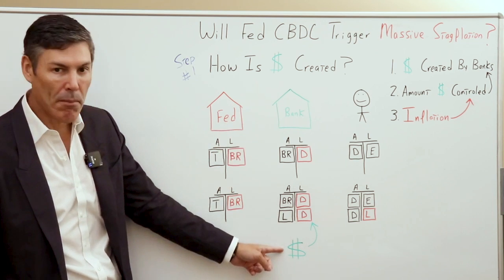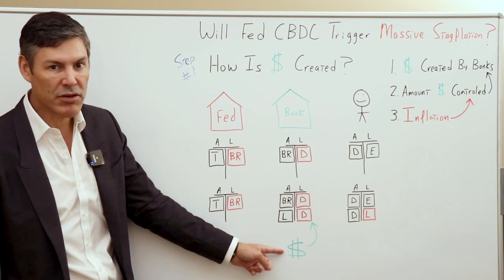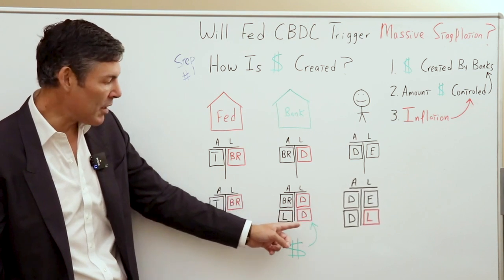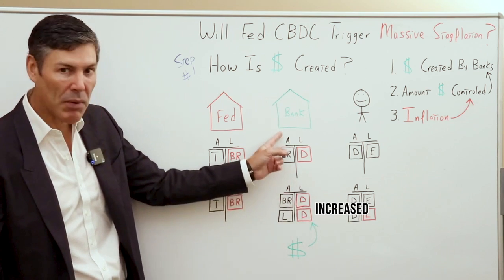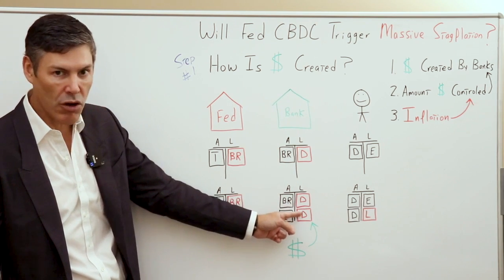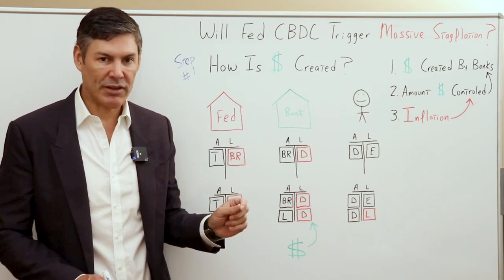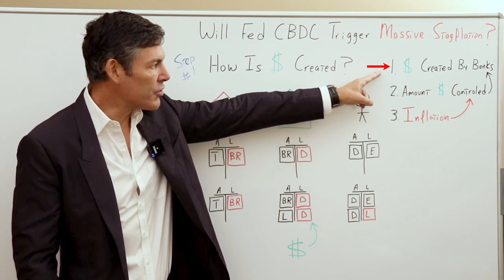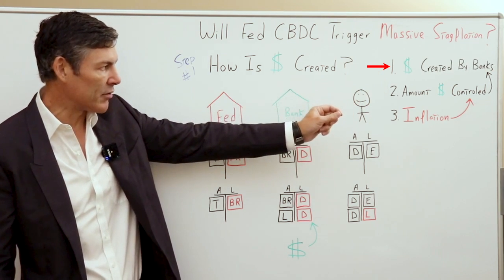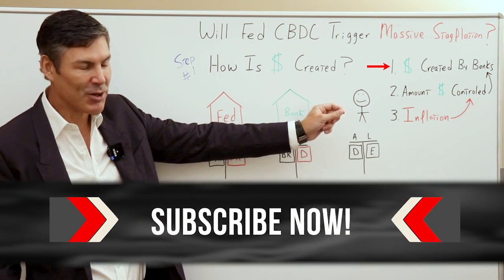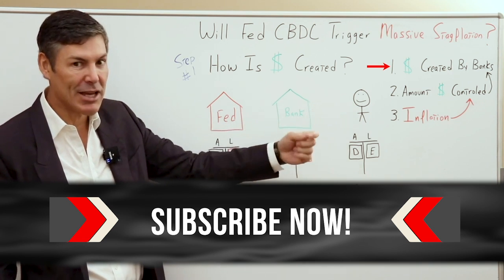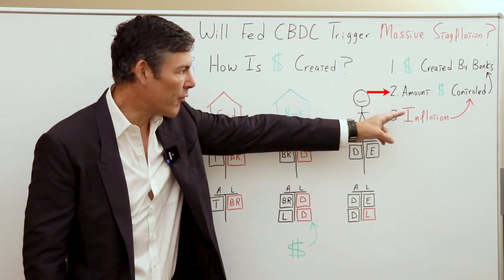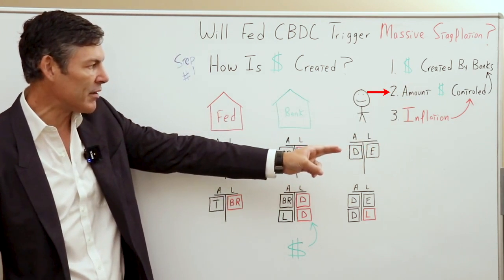Therefore, the actual money supply, or better said, the dollar supply in the real economy has increased by the bank creating the loan. So what this means, like we said at the beginning, is money, or dollars, better said, currency, is created by the commercial banking system, or at least it was. We're going to get into how it's done today and in the future in steps 2 and 3. The amount of dollars, therefore, also controlled by the commercial banking system.